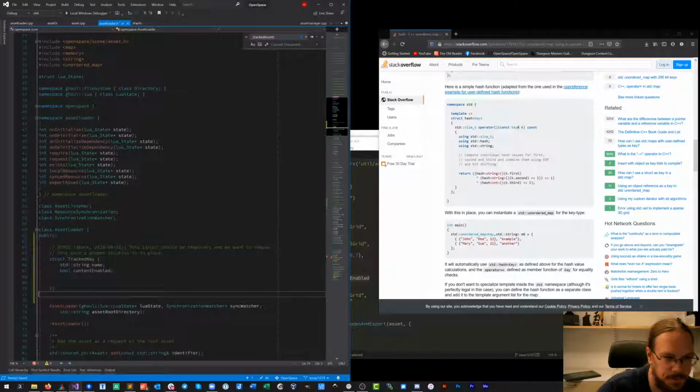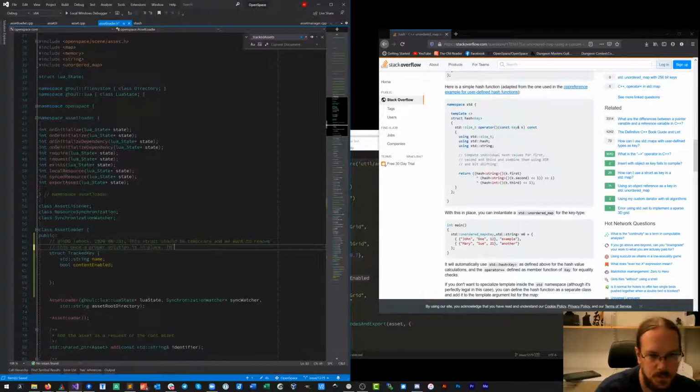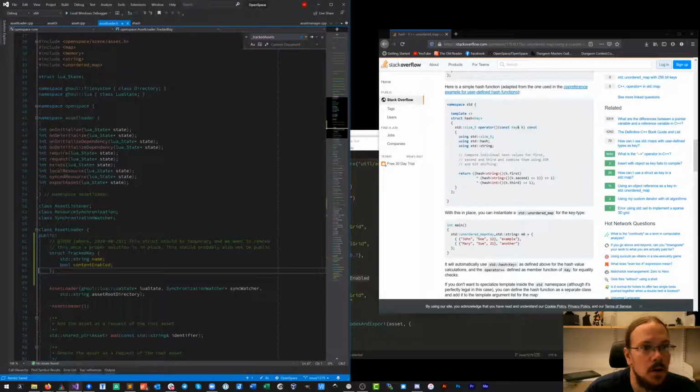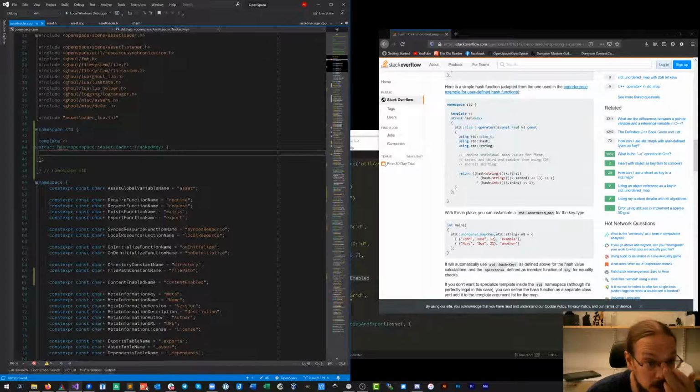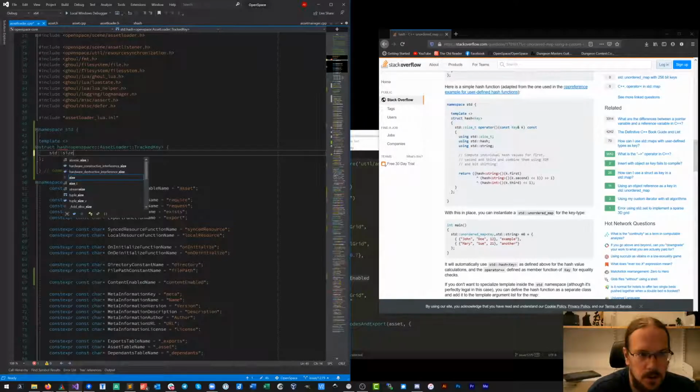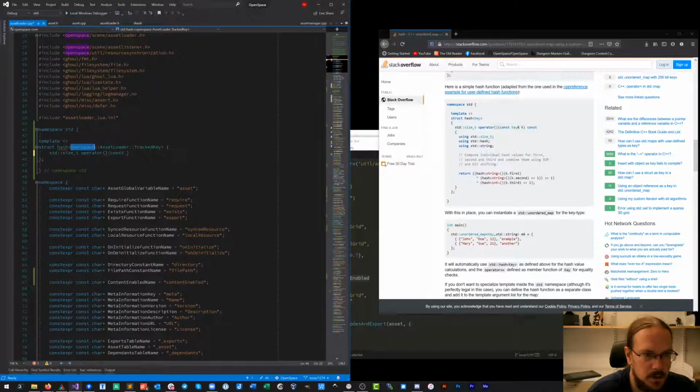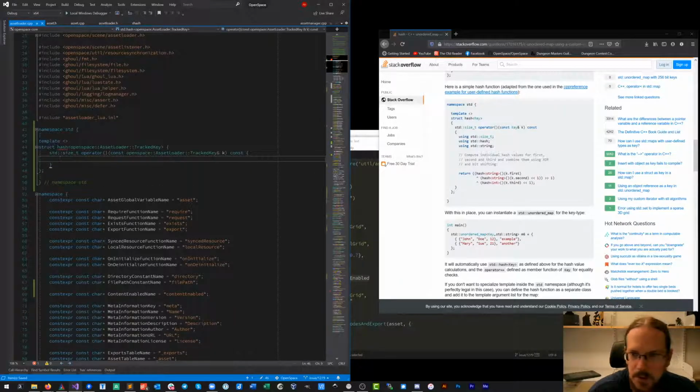Oh, fuck it. Should probably also not be public. But whatevs. Okay, so now this one shouldn't complain anymore. So we get our hashing operator. So we pass in our tracked key. Should probably be constexpr as well, but well, who cares? So